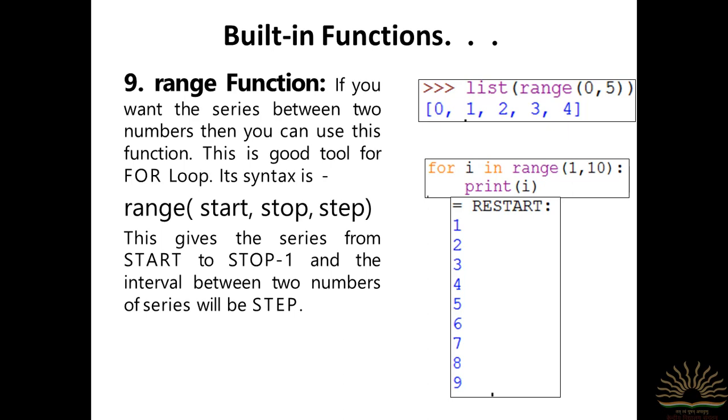The range function is also there. In 11th class we discussed the for loop, in which we used the range function, for example for i in range 1 to 10, or list of range 0 to 5. We are aware that range has 3 parameters: start, stop, and step. It goes from start to stop minus 1. If we write range from 1 to 10, it simply means it has values from 1 to 9; 10 is not included. So range is also a built-in function. You are not importing any module to use a built-in function. You can use it directly.